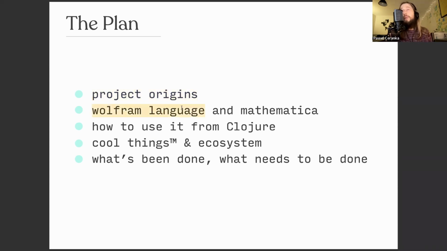A little bit about Wolfram Language and Mathematica, and how they are not the same thing, or maybe they are the same thing. Something that's really interesting for us is how can we use it for Clojure, and other related questions, like why we should use it from Clojure, or what can we get from it, and so on.